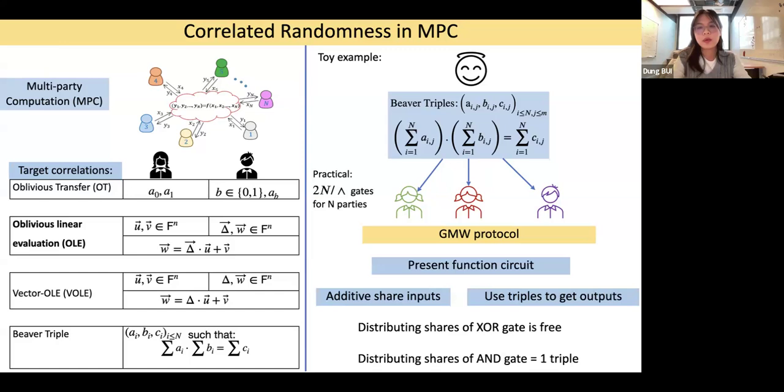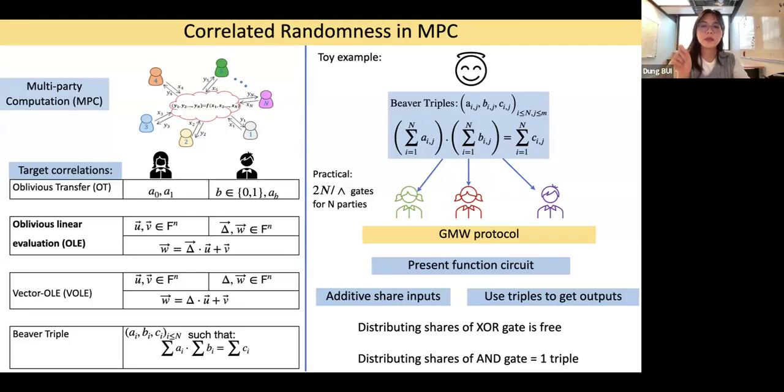So I want to give a bit of an overview about how the GMW protocol works. You have one function f and you represent it as a circuit. In the circuit there will be addition, XOR and AND gates. The XOR gate is free, because the GMW protocol works gate by